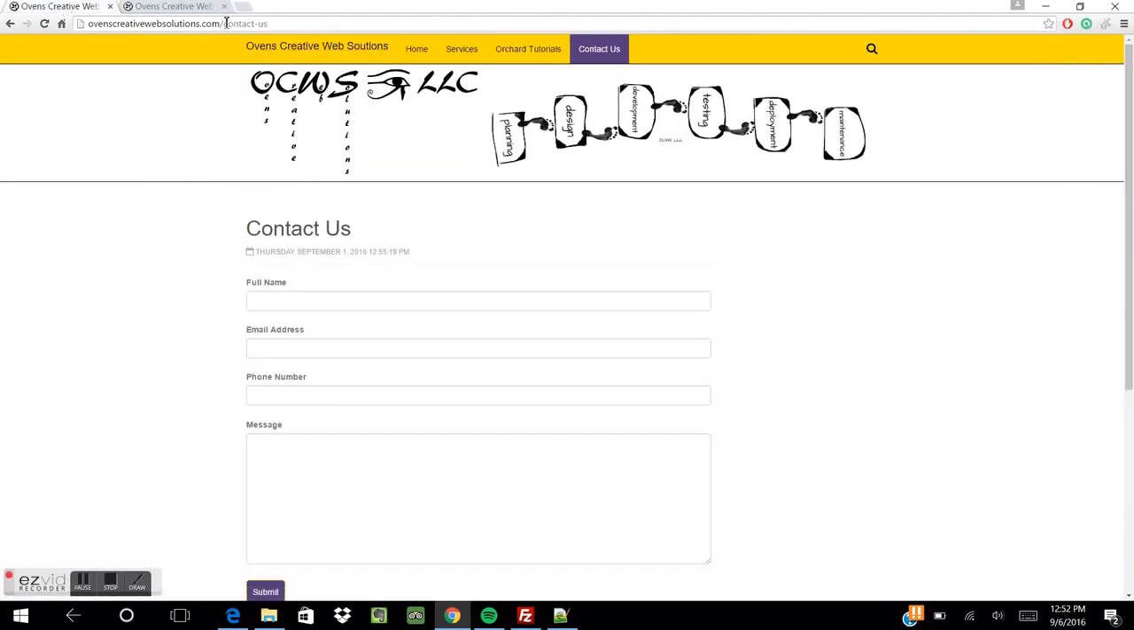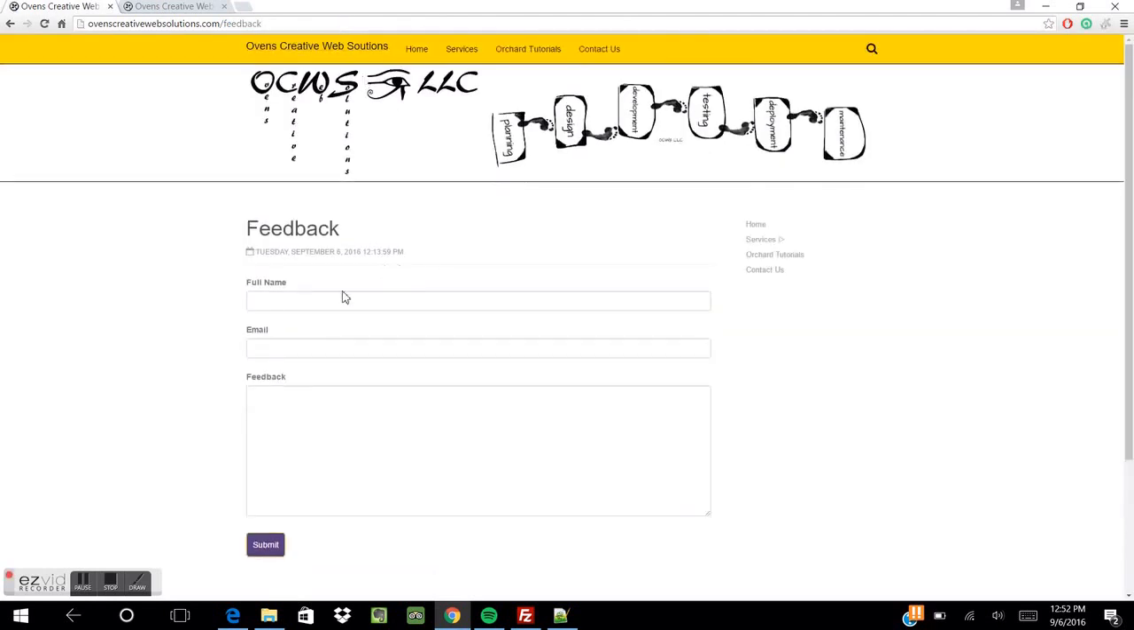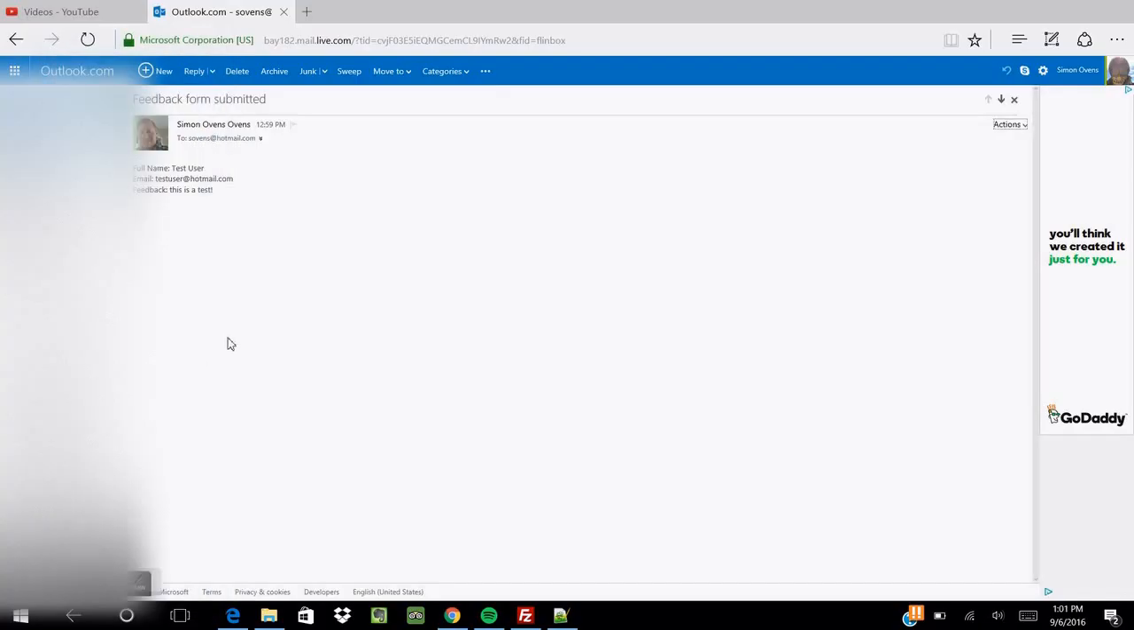So now we'll go to our feedback form that we created earlier, and I'll create some dummy content. tsuser@hotmail.com, and their feedback is this is a test. Okay, once they submit it, obviously this is going to save to the form submission. We'll get a thank you message, and I'm just going to show you now the actual email that came through